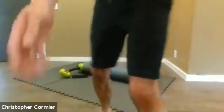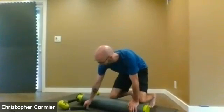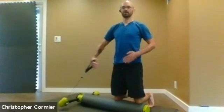Okay. And you're going to be kneeling towards the edge of your roller. You're going to grab with the inside hand, grab that strap. And let's start by punching low. Punch low. Punch low. So you're punching from underneath the belly button and across and across. Good. Across, across. For 5, 4,